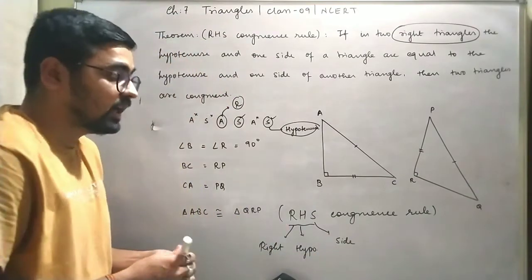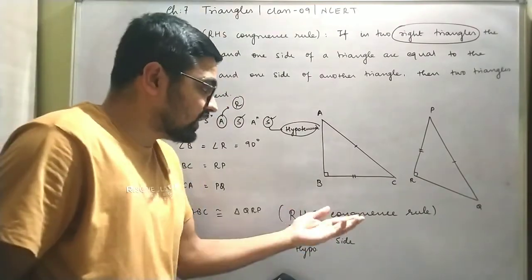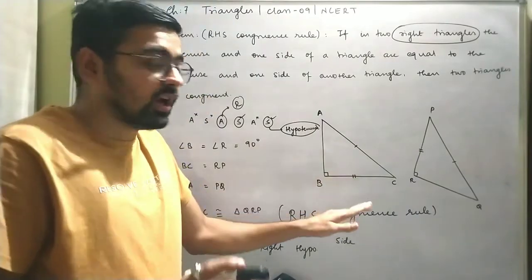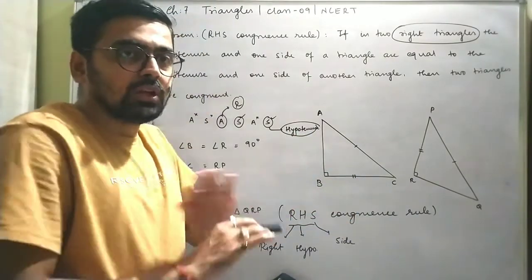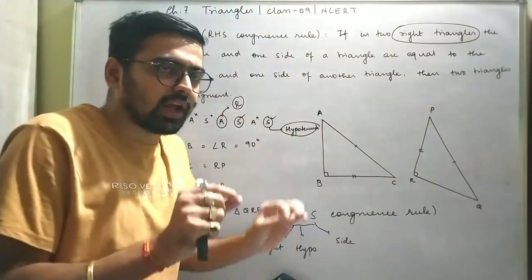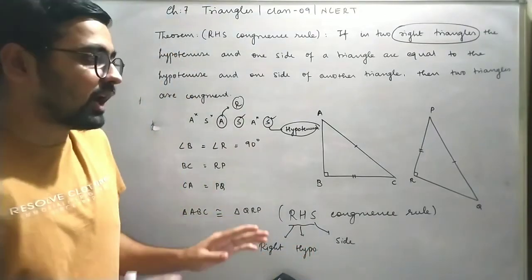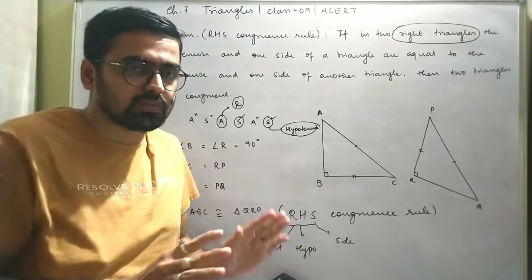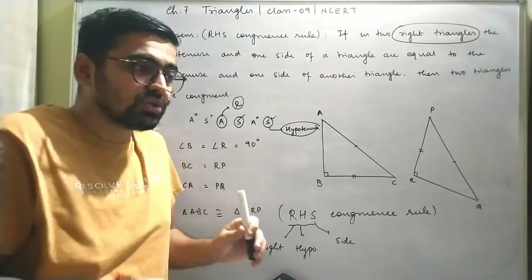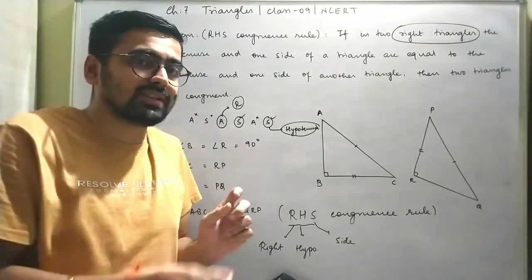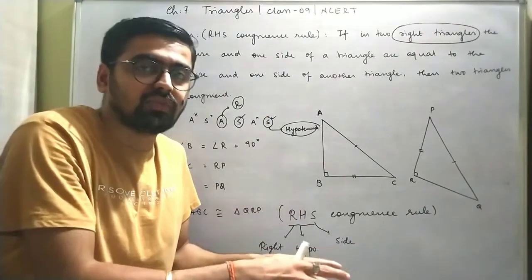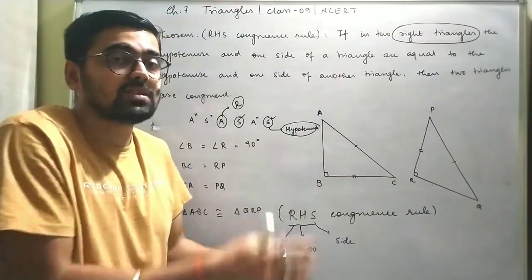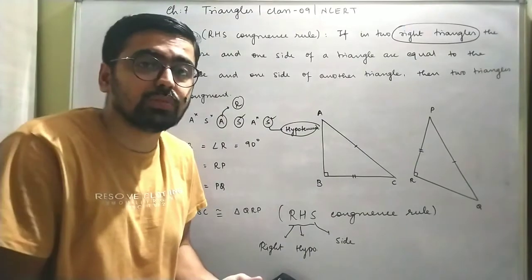Any one side, correct. Now here also it is not necessary that only this side is allowed, it could be this one also. So whenever you have a right angle triangle, always think of RHS first. Give it a preference because it is going to be important for us. So we'll give it a preference. It is not necessary that it is going to be satisfied, but it has certain more chances.